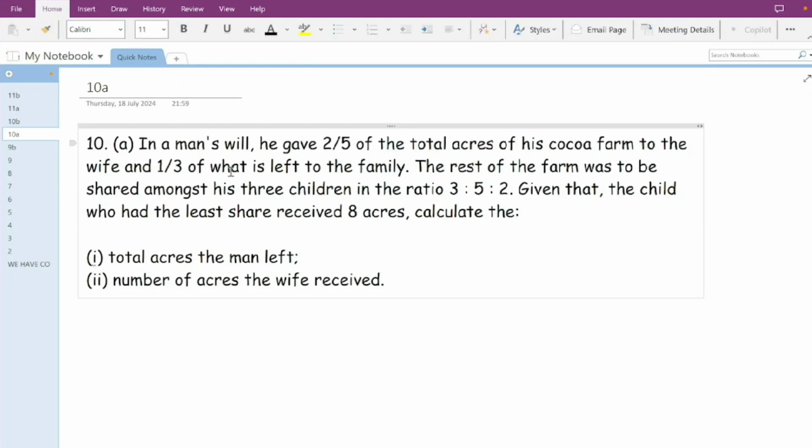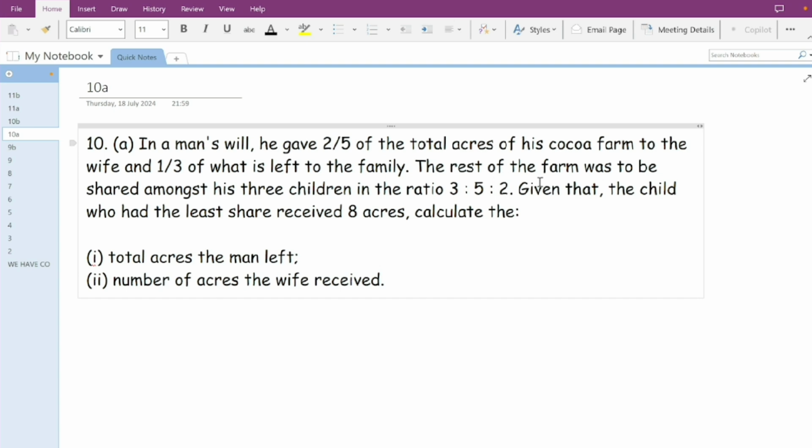Question 10a. In a man's will, he gave 2/5 of the total acres of his cocoa farm to his wife, and 1/3 of what is left to the family. You have to notice, of what is left. That means 1/3 of what is left from what he has given his wife, not 1/3 of the total cocoa